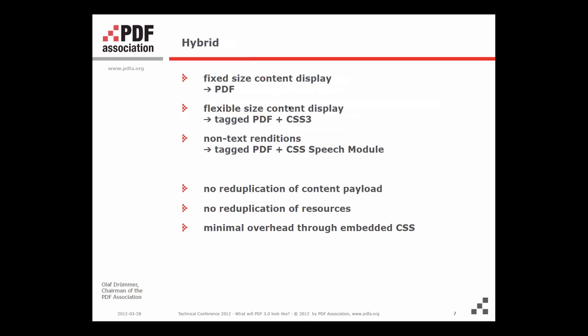An approach could be that in order to address display on whatever size of device, use Tagged PDF, which does exist today, which is currently being refined, and embed, let's say, a CSS3 file inside the PDF, so that a device intending to present this PDF, which is, let's say, a small form factor device, gives the user an option to create an alternative representation, and not just some default HTML basic reflow appearance of the content,